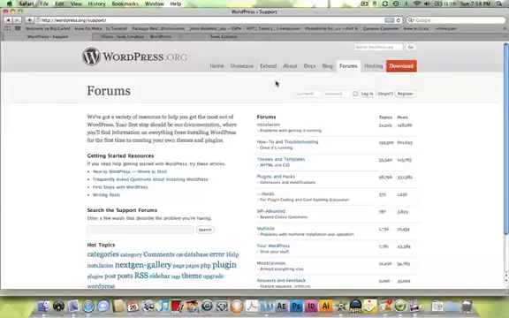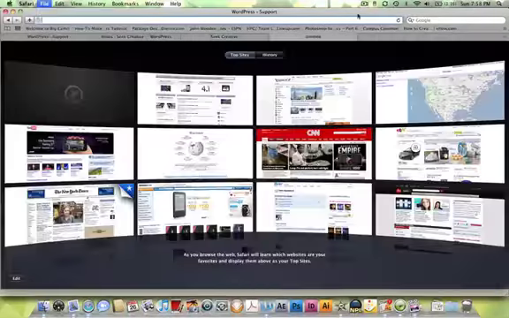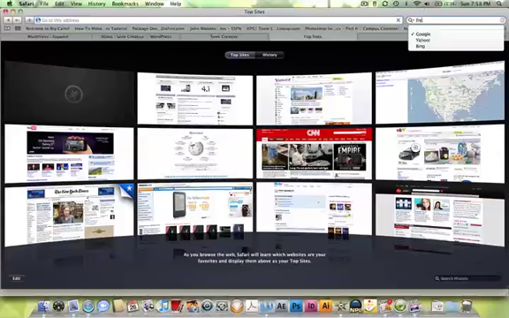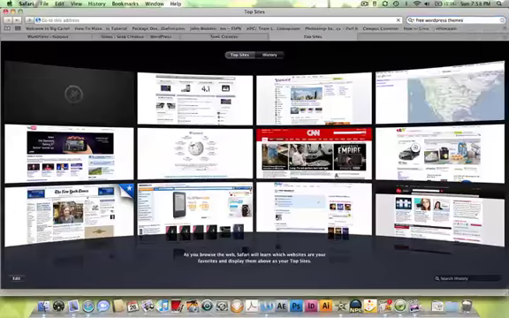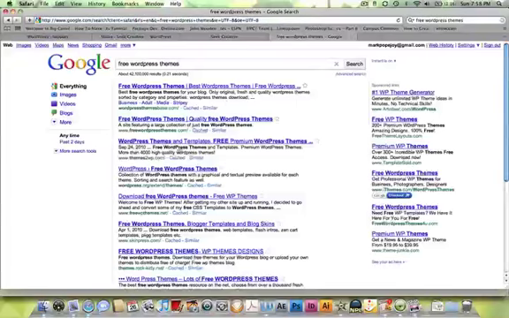As I mentioned, there are an unprecedented amount of themes you can choose from. For example, they show up if you just Google free WordPress themes. You will have pages after pages of all these different WordPress themes available to you. Most of them are all programmer